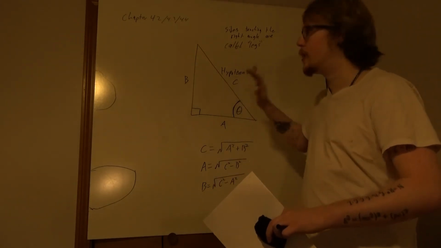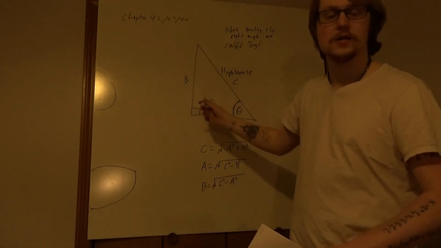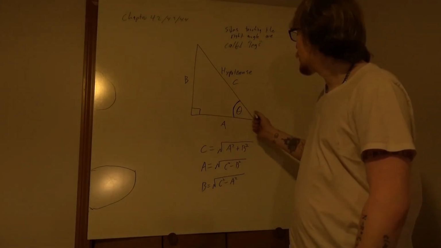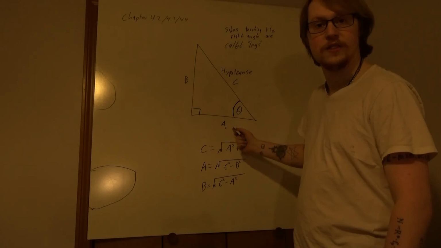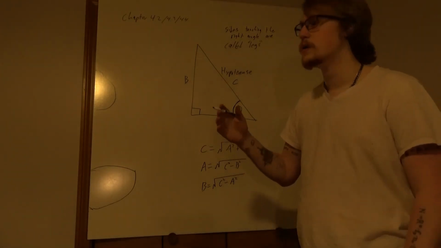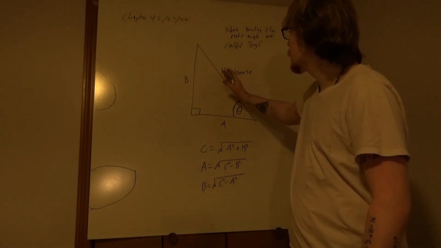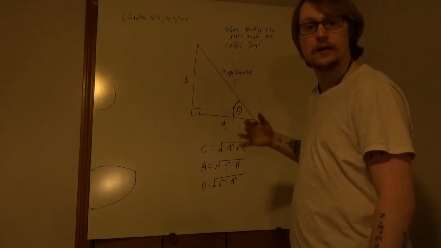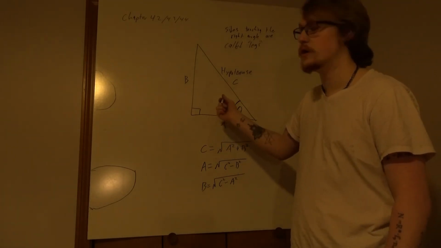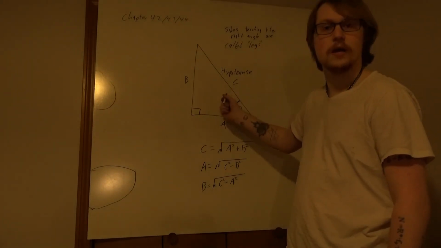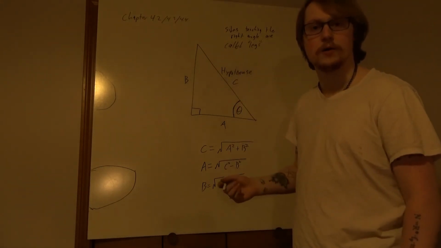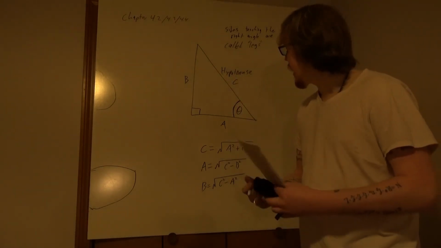So with the terminology out of the way, we have the legs of a triangle, which are the ones that form the 90-degree angle. We call the angle in question theta, sometimes alpha. If there's more than one, we'd use alpha and beta. And we call the longest side the hypotenuse. It is always true that the longest side of a right triangle will be the one opposite the 90-degree angle. So we can now